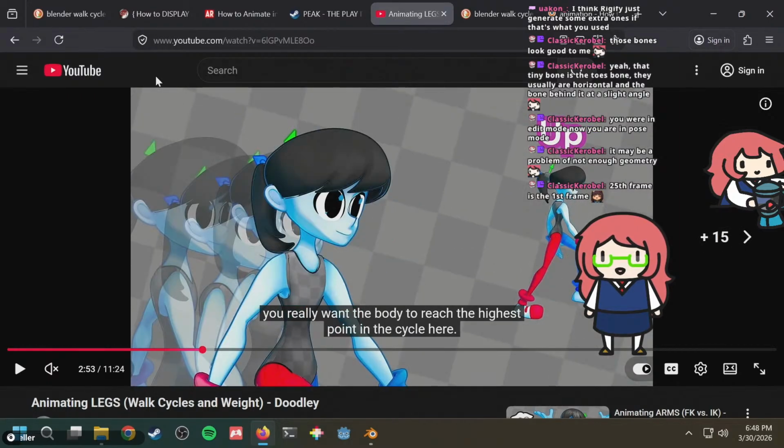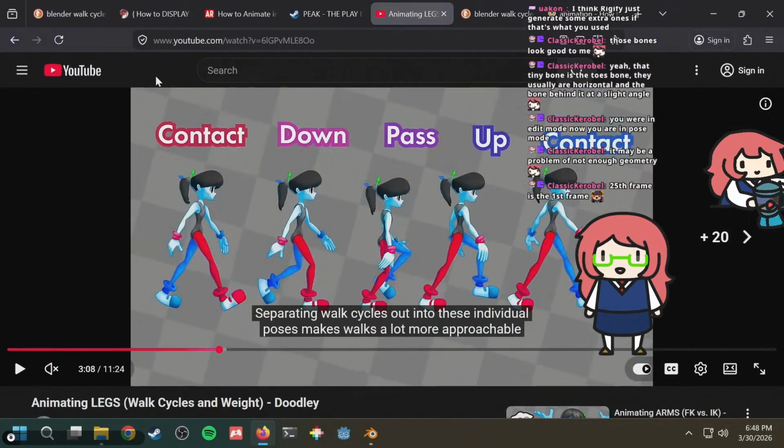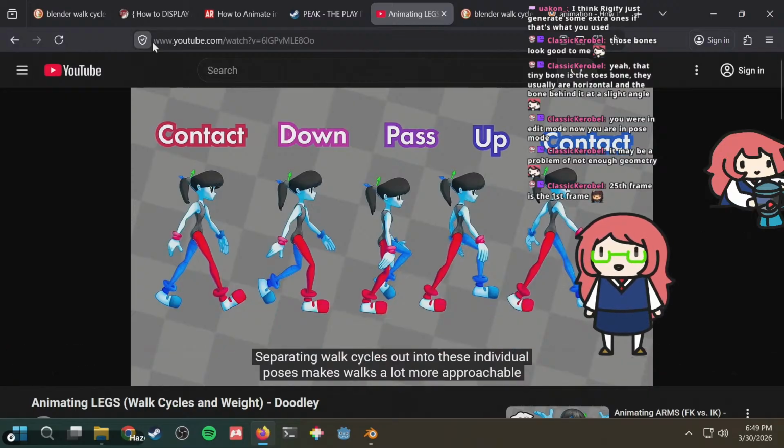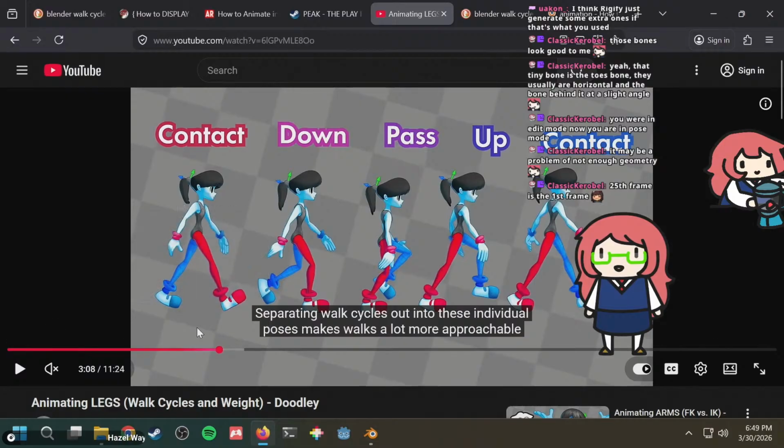And then up. Contact. Okay. So we want the down pose. This is when the leg is not yet touching the floor. But then in the down pose, this leg is off the ground, and that leg is touching the ground.